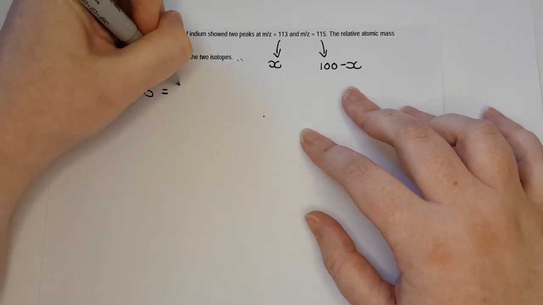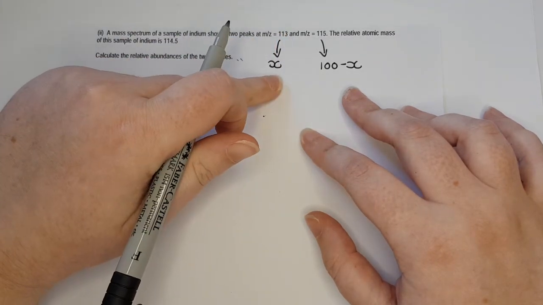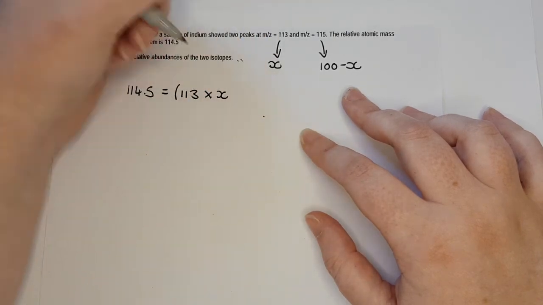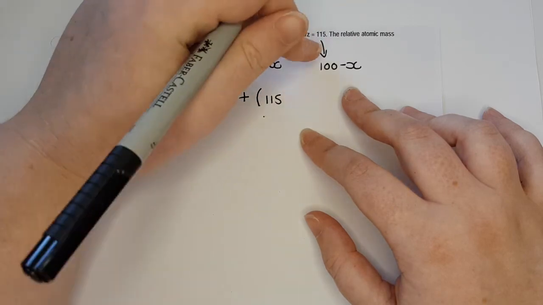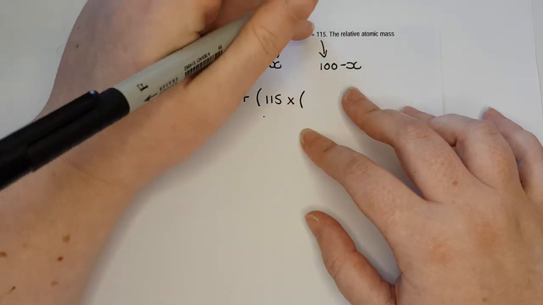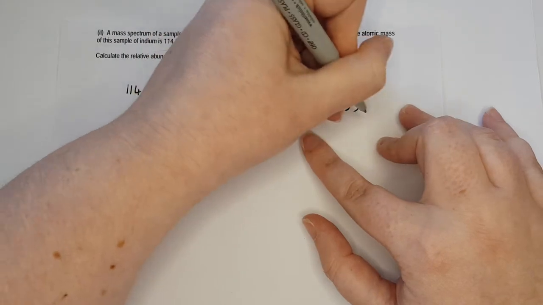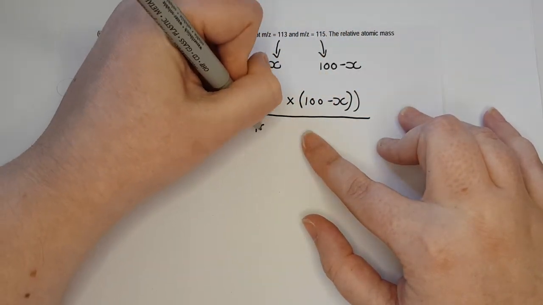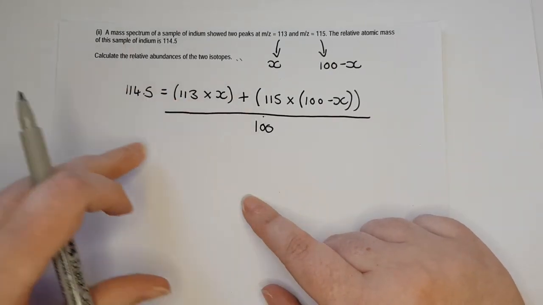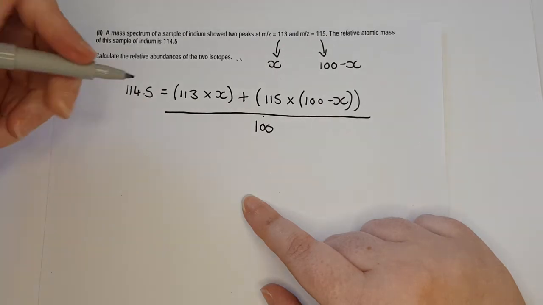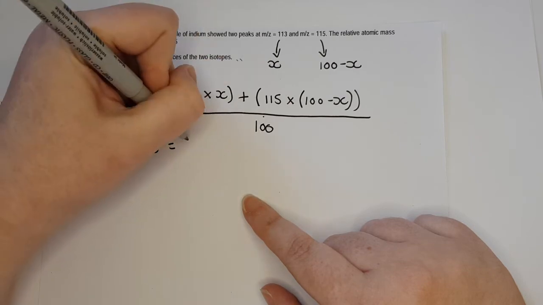So if I use those and my normal formula, I take my atomic mass of 114.5, put it equal to my isotope mass times its percentage abundance, which I now say is going to be x, plus the next mass times its percentage abundance, which I'm going to say is going to be 100 minus x now, all over 100. And now I have my equation and I can solve for x. So I can take the 100 to that side and multiply it to have 11450 going to equal to